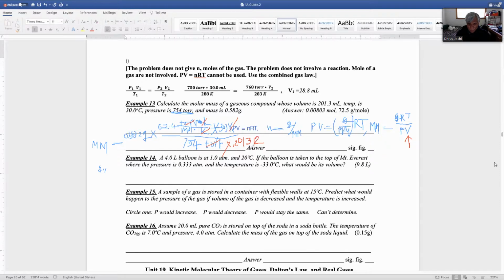Which unit are we left over with? Mole is in the denominator and grams is in the numerator. We are left over with units of grams divided by mole. And that is the correct unit for molar mass, grams divided by mole. Now we do the calculation. So let's see. 62.4